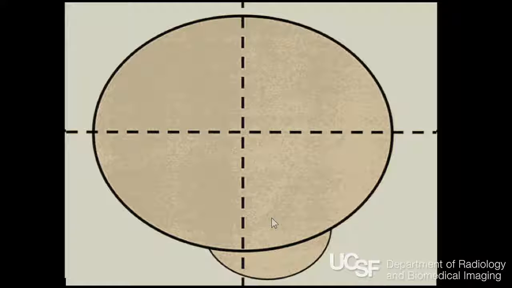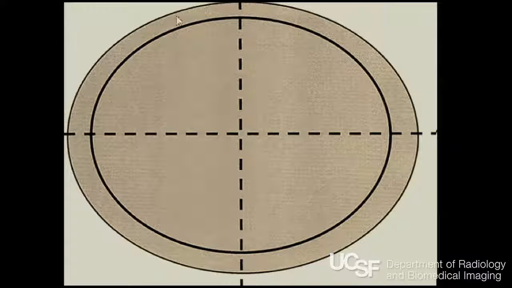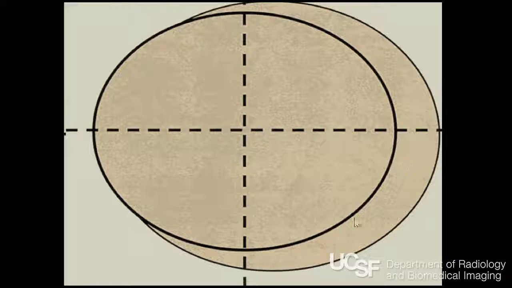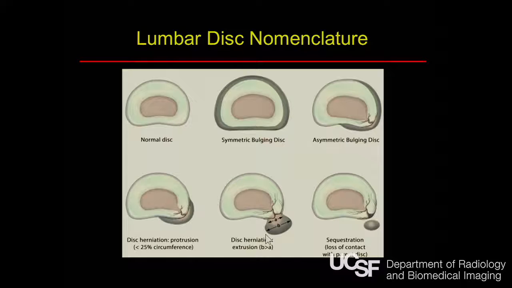So now we're only going to be talking about herniations that are either protrusions or extrusions, or we're going to be talking about bulging discs. If you have disc material that extends circumferentially, symmetrically around the margins of the perimeter of the disc, then it's a symmetric bulging disc. If you have disc material that extends more than 25% of the margins of the disc and it's asymmetric, then it's an asymmetric bulging disc. So those are the only terms we're going to use. And then in any one plane, if a focal disc herniation has the neck of the disc is